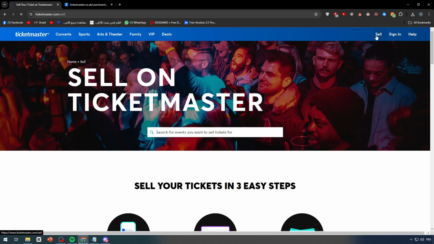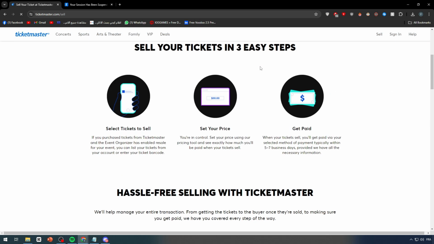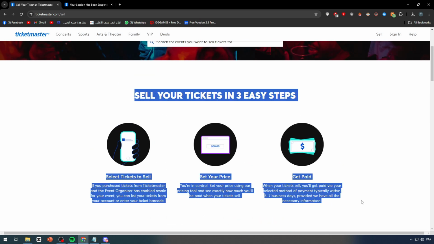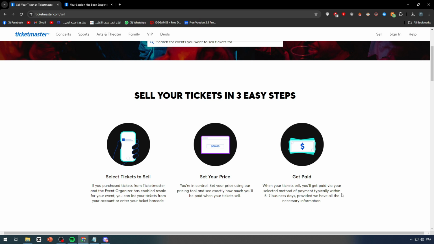So you simply have to click on sell, go ahead on this page, and you will find this whole page that explains to you in detail how you can sell everything. The process of creating an account in Ticketmaster is pretty easy, but you have to add one more step, which is the identity verification. So you have to take a picture of yourself, or add your identity card or your passport or even a driver's license, anything to prove who you are,